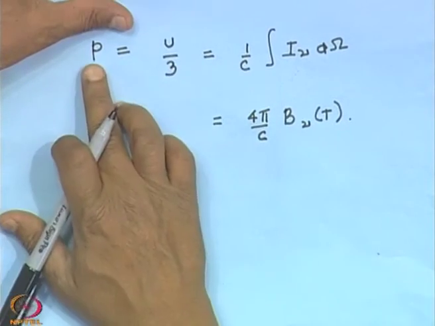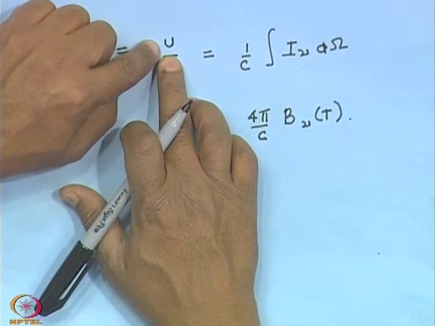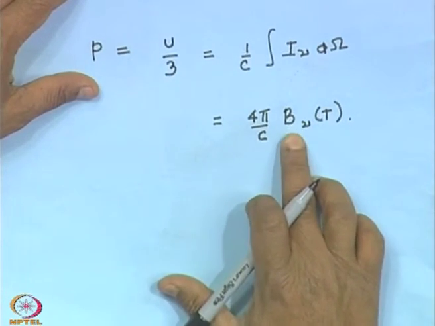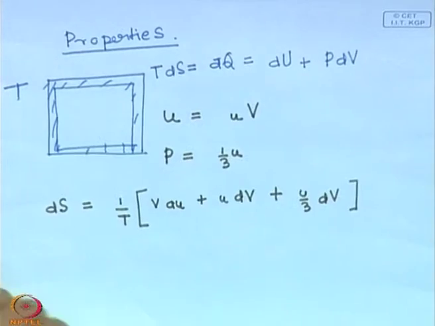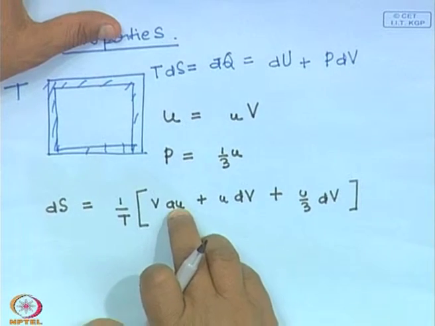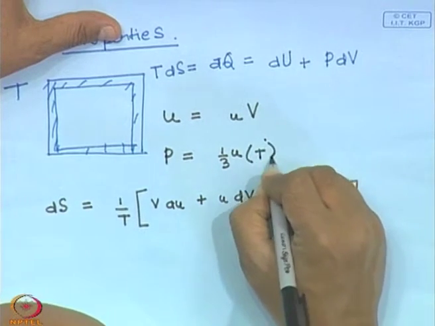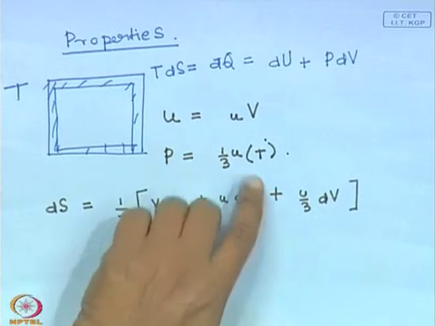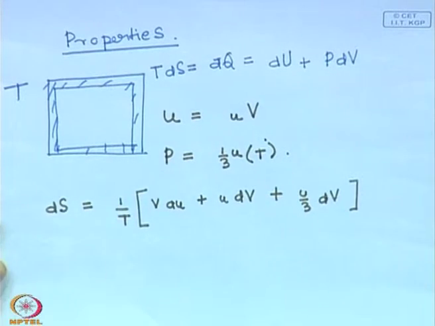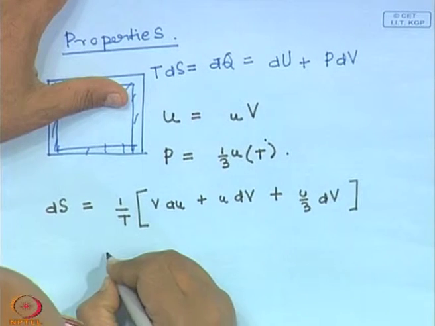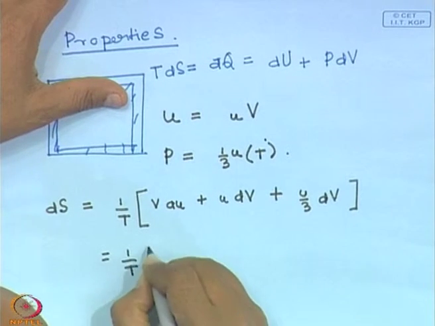So, what we see is that the pressure and the energy density of this black body radiation both depend only on the temperature. So the internal energy density u is just a function of temperature alone. The pressure too is just a function of temperature alone. All of these things depend only on the temperature. So from this we can write this as 1 by T